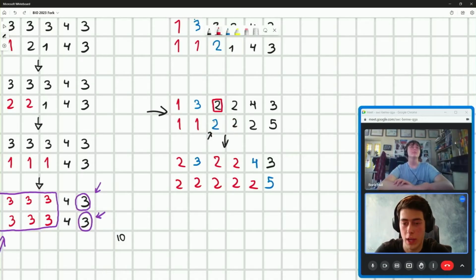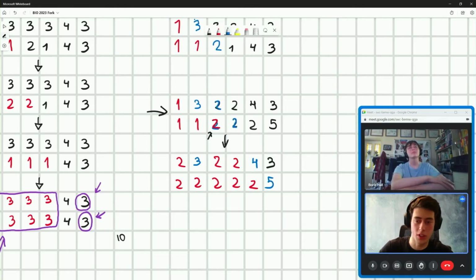So make this 2 red, make those 2's blue, and then repeat the same thing. So we'd have to search again. We'd have to do another lower bound in the border set every time. So that would be like a while loop. So you'd save having to do the DFS, but you would have an extra while loop in there to do